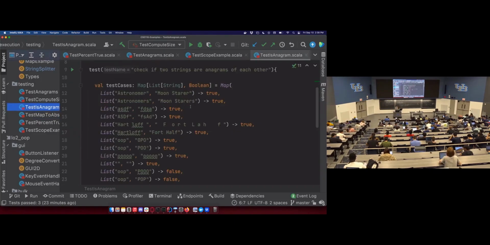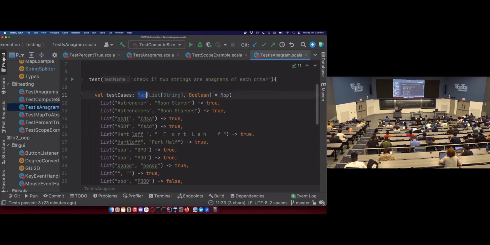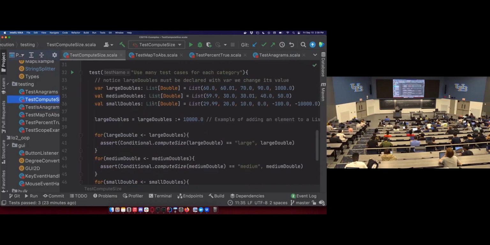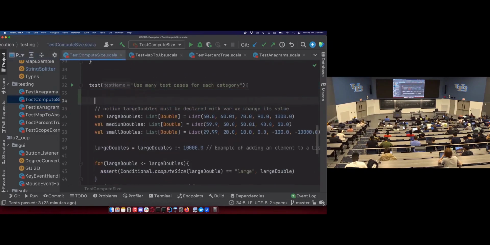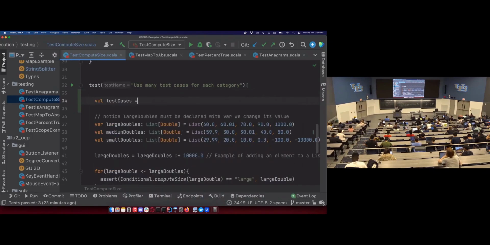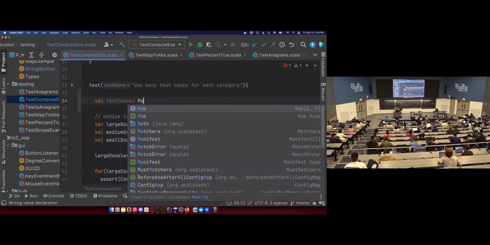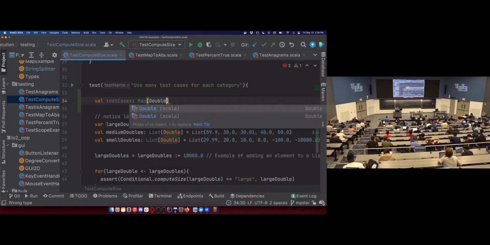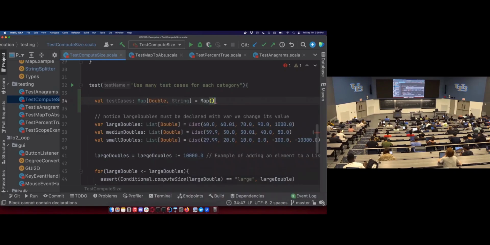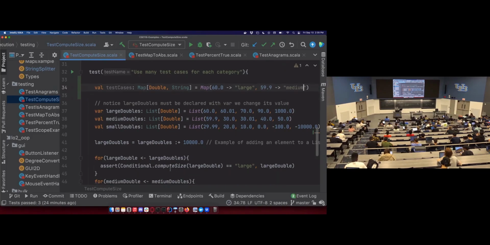To organize those, I'll go to this example. What I recommend is creating a map that maps the inputs to the outputs. So I could rewrite this as test cases of type map. I'm going to map doubles to strings. And then I would say the input 60 should map to the string large. Oops, I missed my O. The input 59.9 should map to the string medium. And then for my loop,